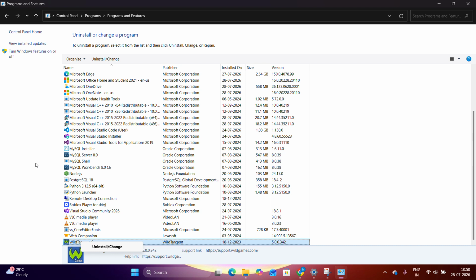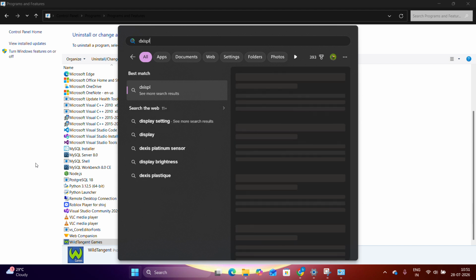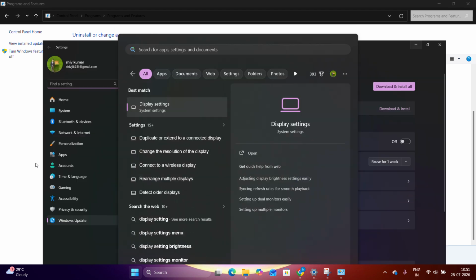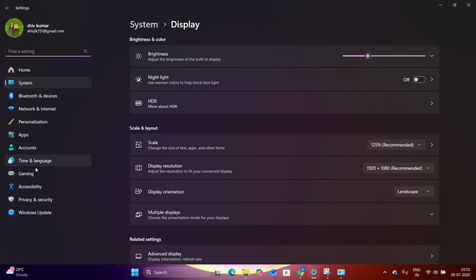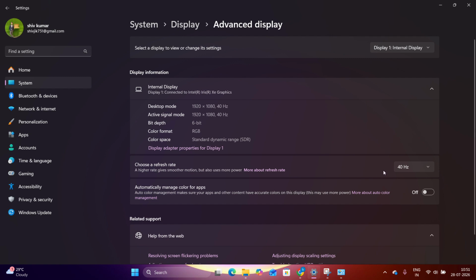Still having the issue? Try to adjust your refresh rate. For refresh rate, simply go to Start and search display settings, then hit enter, and here go for the advanced, and there is an option of refresh rate. Choose the refresh rate at minimum, because sometimes a higher refresh rate can consume more battery, and it creates